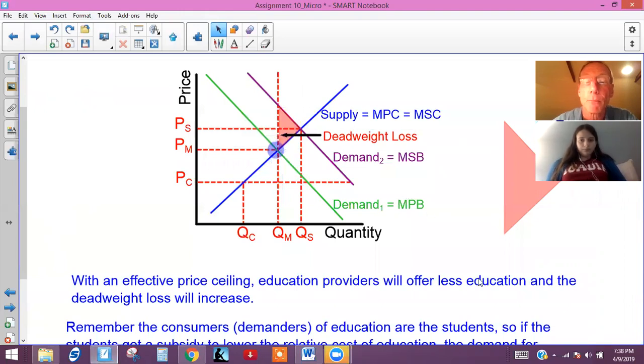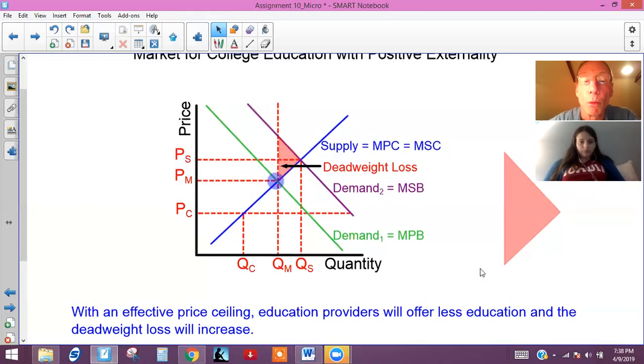Now, as you should remember, a price ceiling that's binding or effective says the price can't go above the ceiling. So in order for it to be effective, it has to be below the market price. So we're going to draw it right down here. You can draw it anywhere you want to, as long as it's below the market price. So I drew it down here, and then you can see that